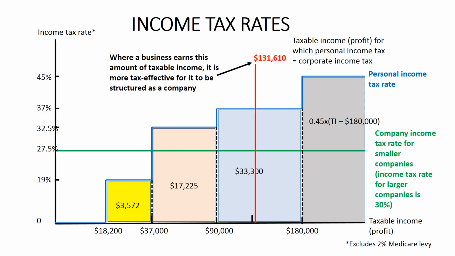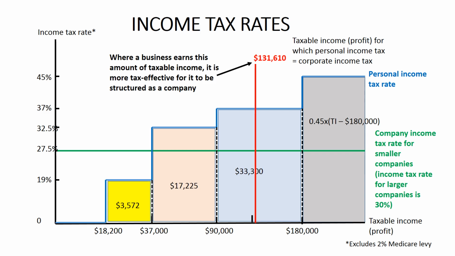This is because a company pays tax at a fixed percentage that does not change with the profit that the company makes, whereas a sole trader pays tax at a percentage that increases as the profit increases. Under the current tax regime, a sole trader pays less tax than a company up to a profit of $131,610. But a sole trader pays more tax than a company on profits that are greater than